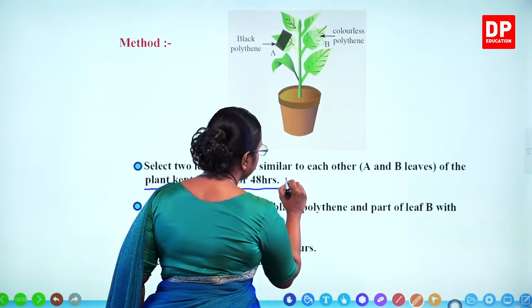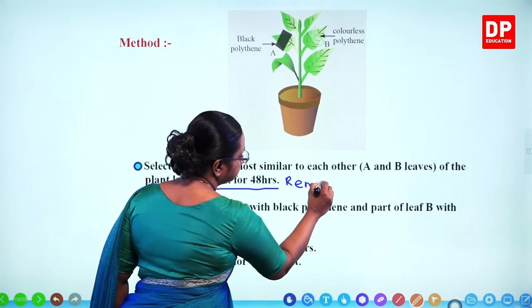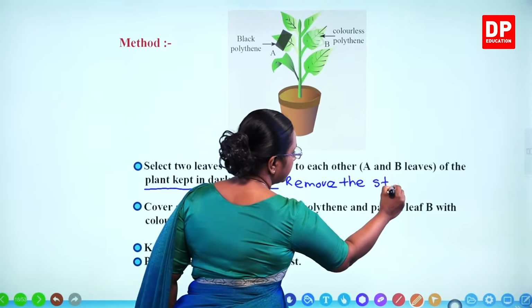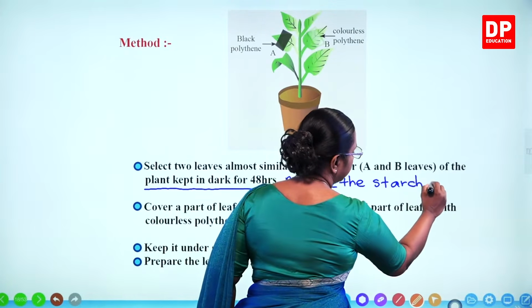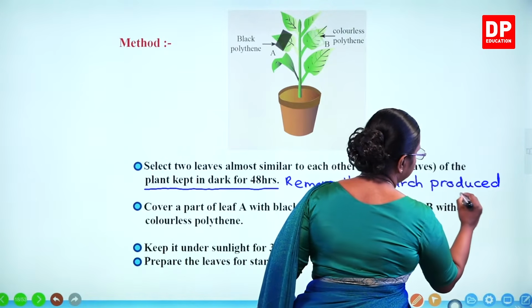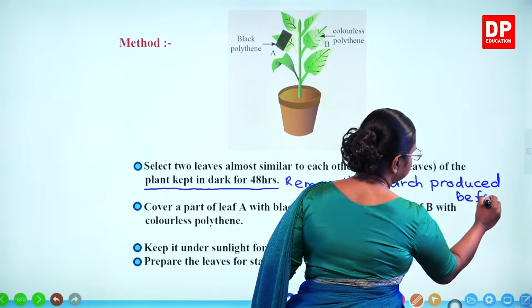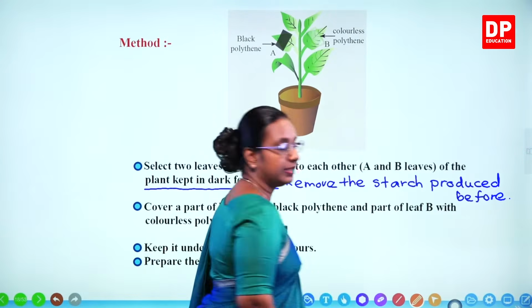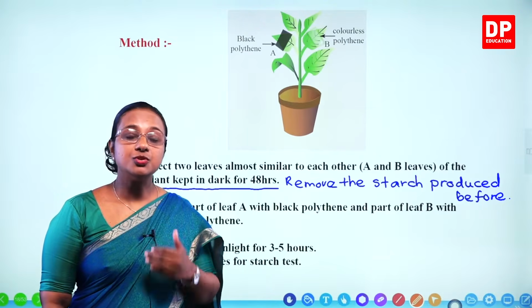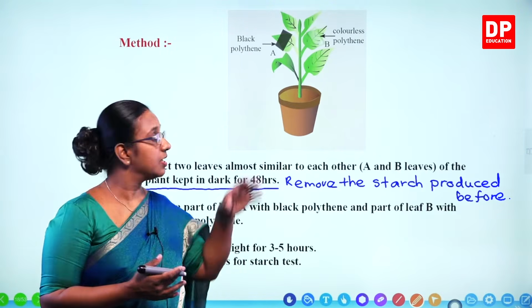And this is to remove the starch produced before. So by doing this, we confirm or we make sure that there is no starch present in leaves prior to